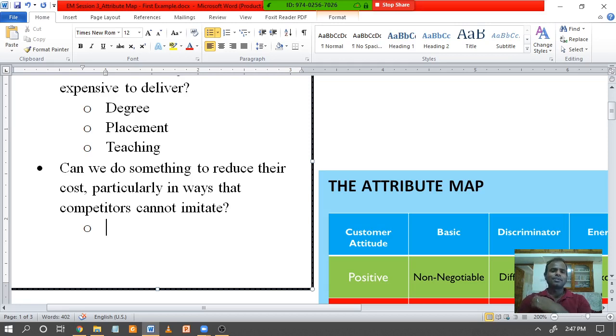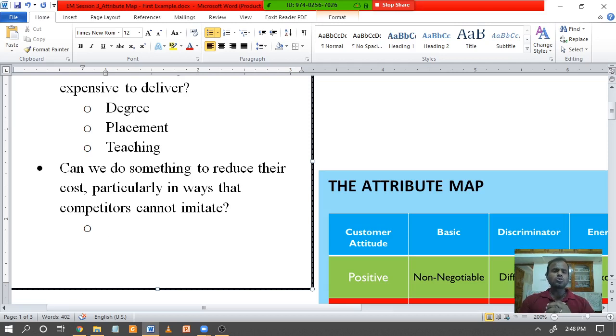For example, who teaches you the subjects? Faculties, right? And do they come to your class and teach you the subjects? All of them come to your class and teach you the subject, so you need physical faculties teaching you the subject, right? And most of the subjects that are taught to you are delivered in the class by chalk and talk or PPT and talk. I would say 90% of the subjects are delivered like that. 90% of the subjects are delivered through PPTs nowadays. They put up a PPT and explain to you from the PPT, right?